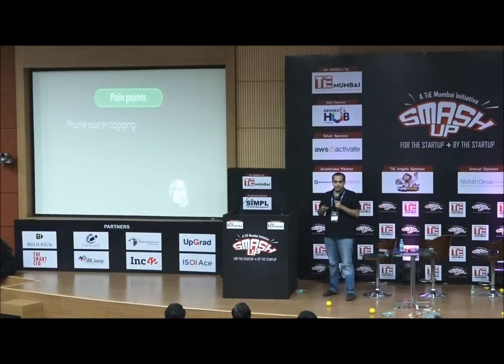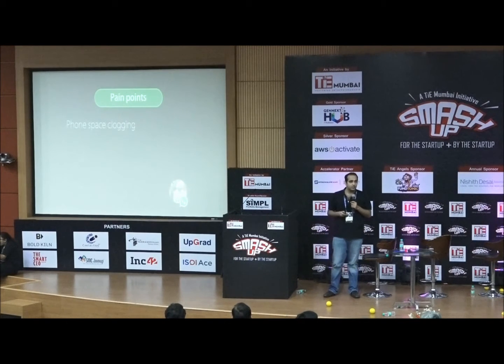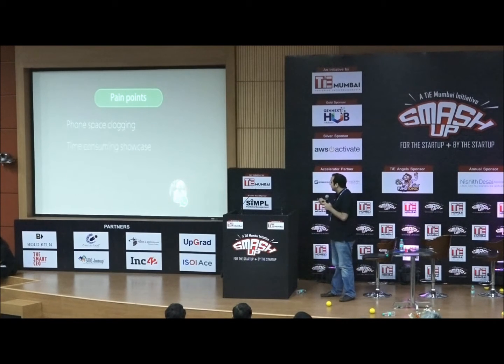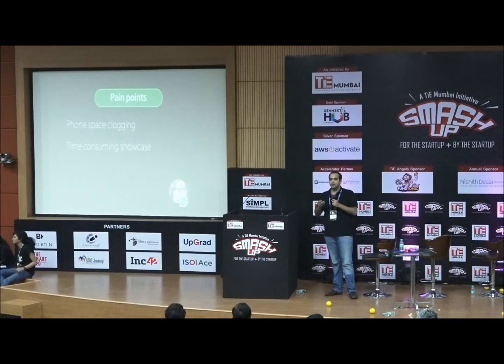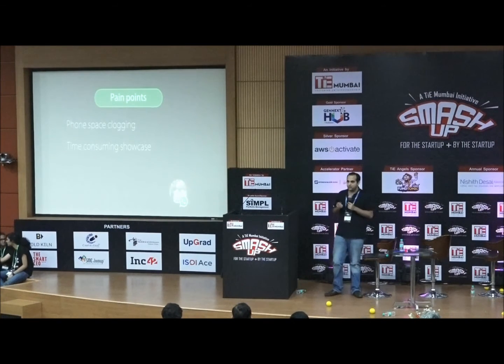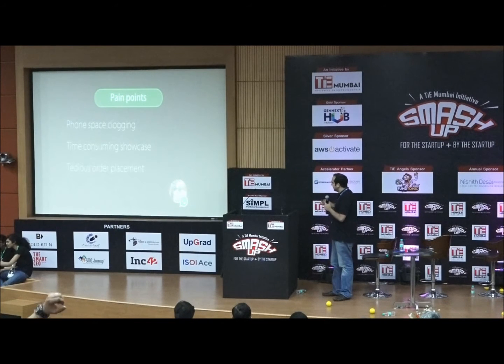So let's look at some of the pain points that are littered throughout this whole process. So number one, obviously, is the phone space gets clogged. If you're sending 100 pictures to your customer group, they get irritated. Their whole phone space gets clogged. They delete pictures. Sometimes when they want the picture back, then it's a pain. The second thing is it's time consuming to showcase your products because you have to put a title and price on every product. And then there's no way to put color, size. WhatsApp is not built for this.